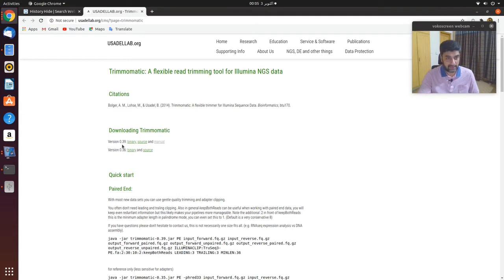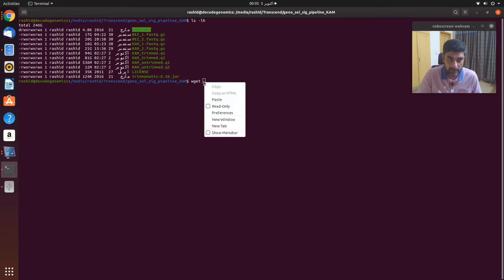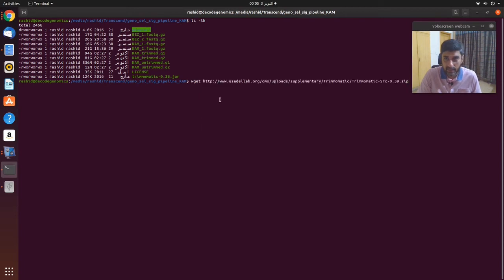Just right click here, source, copy link address, and then go back to the terminal. For downloading we will use wget, then right click and paste that link. This is the complete link of Trimomatic. Just enter and it will start downloading.